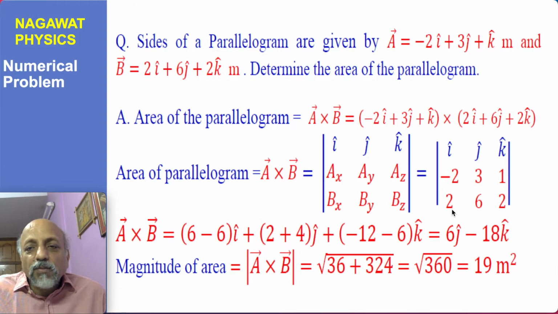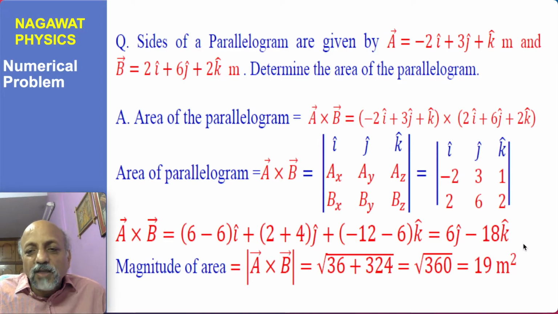The x component of B is 2, y component is +6, and the k component is 2, and then I calculate. The i coefficient will be 3 into 2, 6, minus 6, so 0. So there will be no i component in A cross B because it's vanishing. For the j component, 1 into 2 minus of -2 into 2, so it becomes 2 plus 4, and it's 6j. And the k component similarly -2 into 6, so -12, minus 3 into 2, 6, so -12 minus 6,